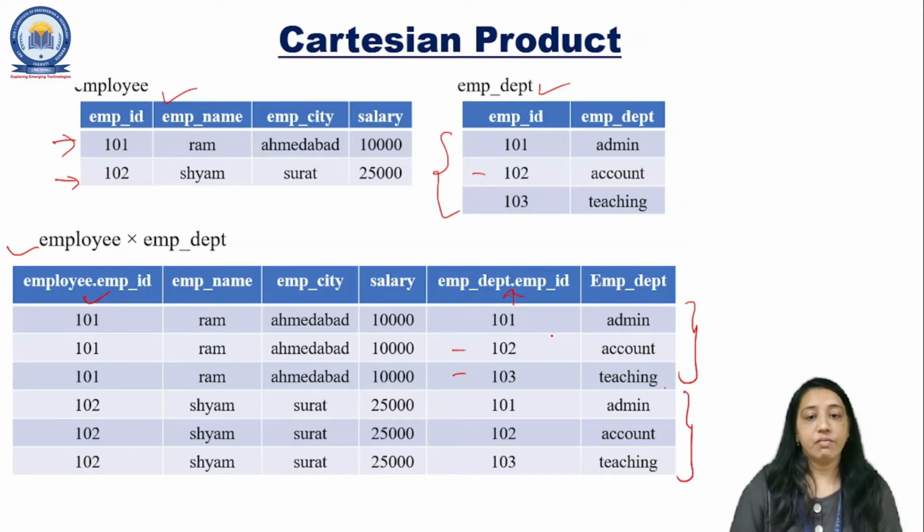Here it will take what? The two relations as an input. You can see that employee and employee department. So it is a binary operator, and the result is, as always, it will be giving one relation. So this is one table as an output. So in this way the Cartesian product will work.